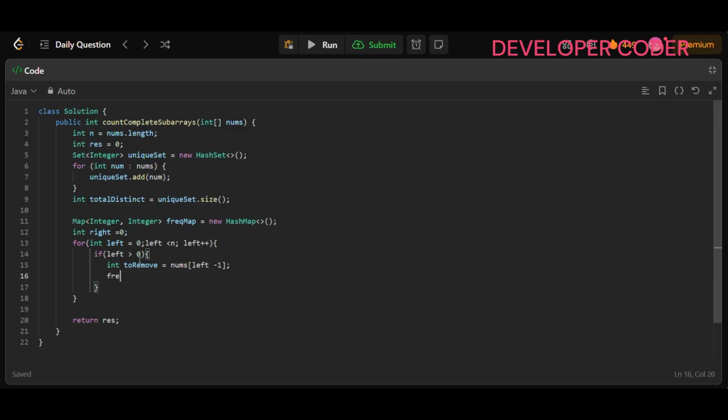So here then we have to update my frequency map. So frequency map dot put, and here the key is going to be to remove. And here frequency map dot get to remove, this key. From this you have to just subtract 1. If you are removing that element, you have to reduce the frequency by 1 of that particular element. And if the value of that particular key becomes 0, then we have to